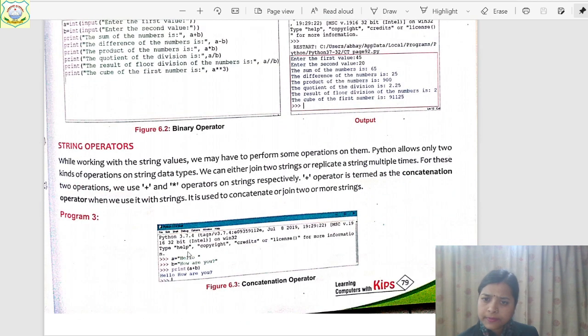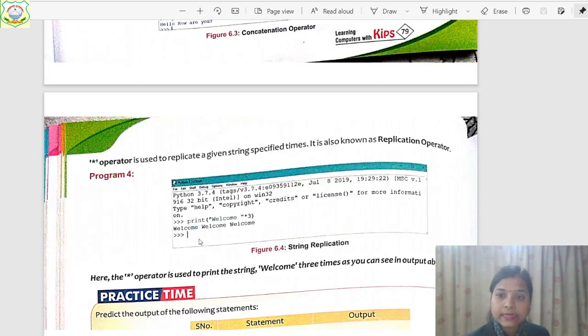Then string operators, children. String operators means you are using text values. If you have to join two words or two statements, you can use the plus sign, and this is called the concatenation operator. And for multiplication, if you use the multiplication operator, the asterisk sign, then it is called the replication operator.